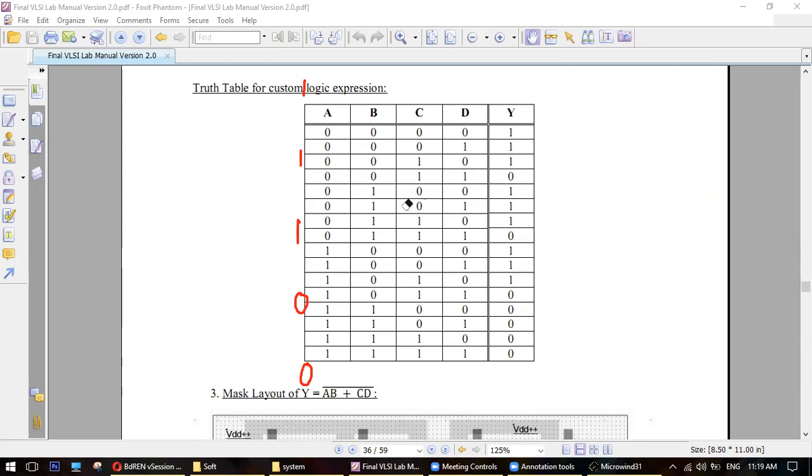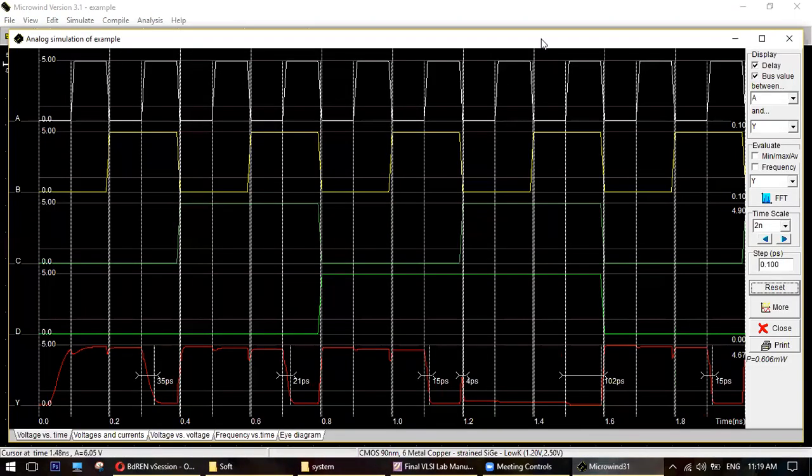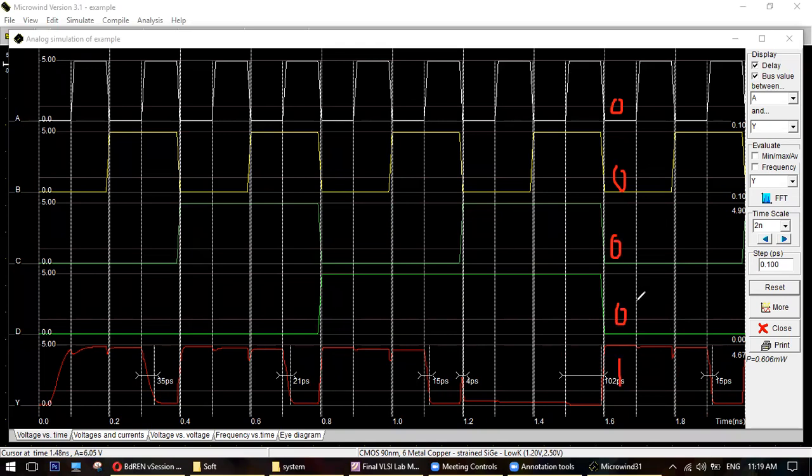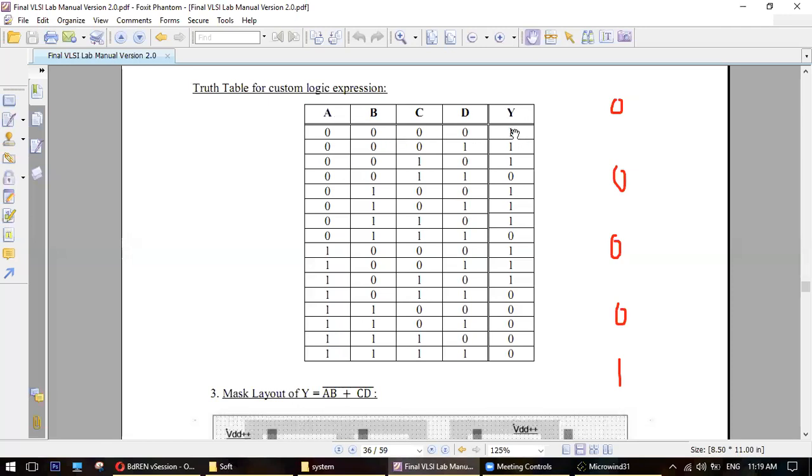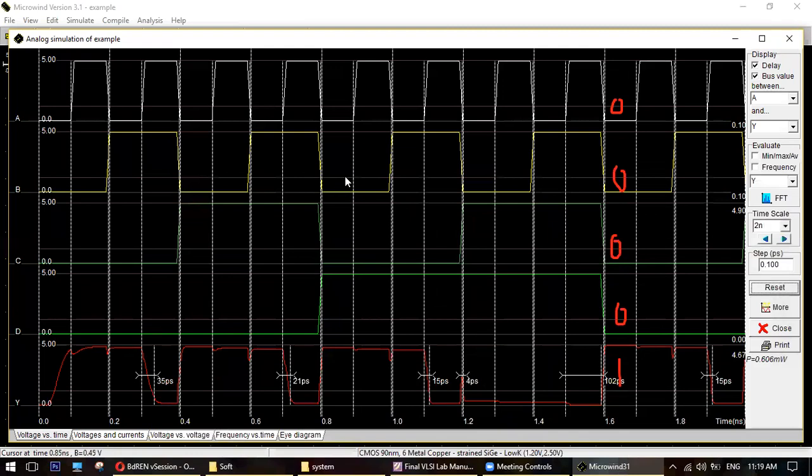And now let's check with the truth table and the values. So 1, 1, 1, 0. Which one is that? This one, right? 1, 1, 1, 0. Can you see that? Yes, sir. What is the value? 0. So similarly, let's check another value. Let's check this one. 0, 0, 0, 0. The first one, what is the value? 1, right? Let's check. 0, 0, 0, 0, the value is 1. Understood? Yes, sir. This is how you can check all the values.